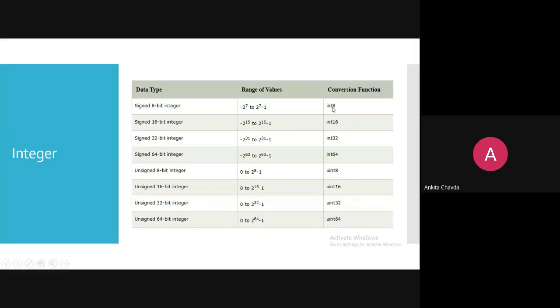And the conversion function is int8, that is what we have used, no? Int16 is the same way. So this is 16-bit integer, this is 32 and 64-bit. They've given the range, you need to remember it. Fine. Now if it is unsigned, then you can check the function. You just have to prefix it with u. So it is uint8, uint16, uint32 and 64, like that. But the range starts from 0 to this. Okay, so it is 0 to 255. You don't have any negative value because it is unsigned.